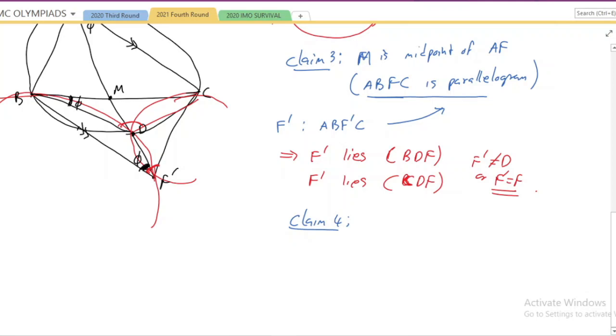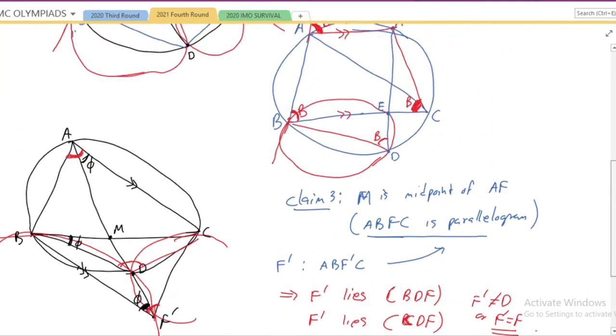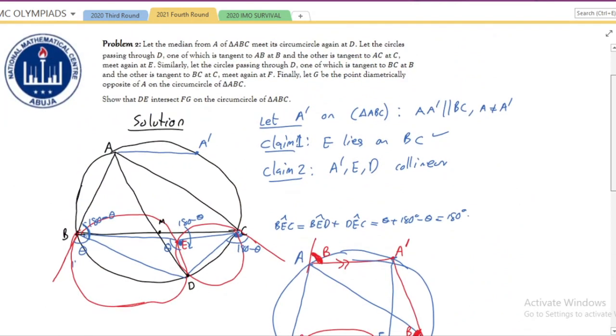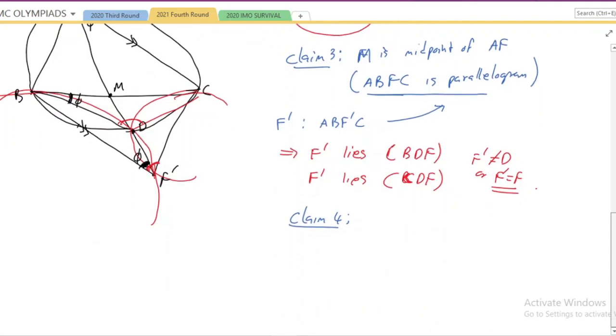Alright, so for claim 4, we have to bring in G. So let's go back to the problem. So finally, let G be the point diametrically opposite of A on the circumcircle of ABC. Okay, so if we bring in G, we have